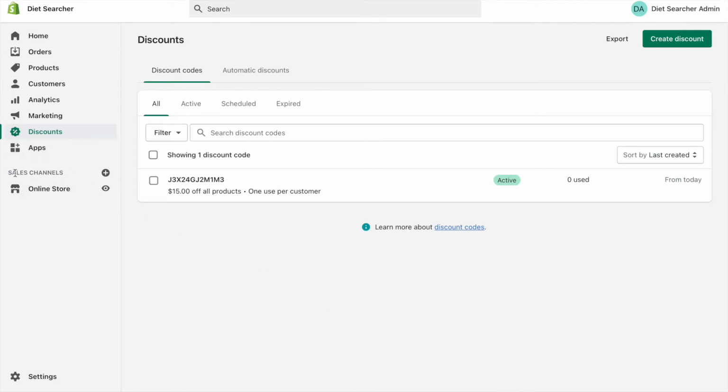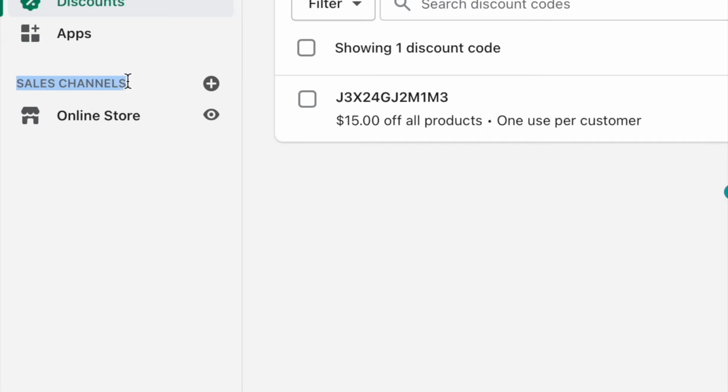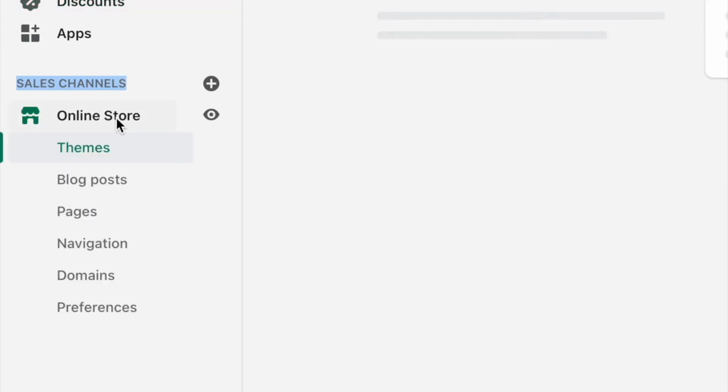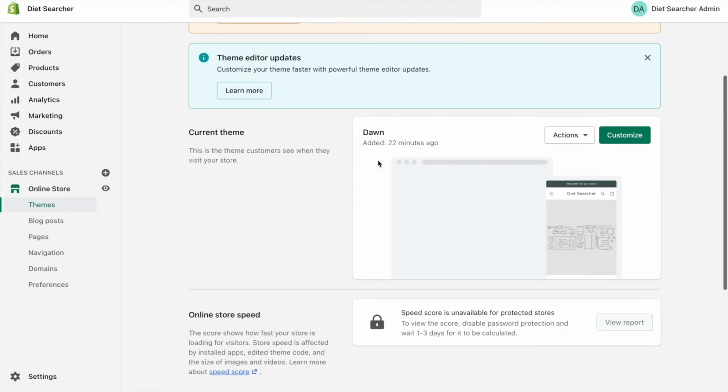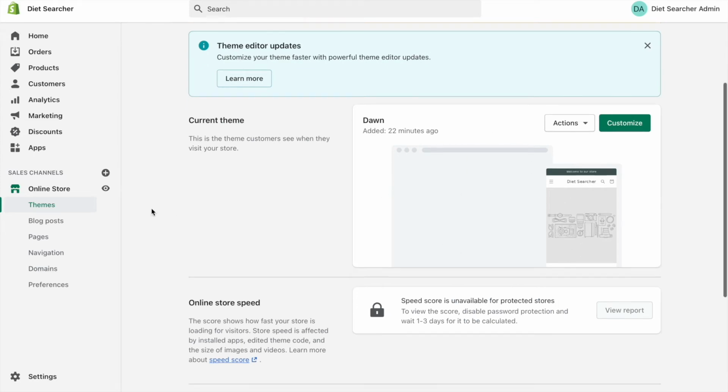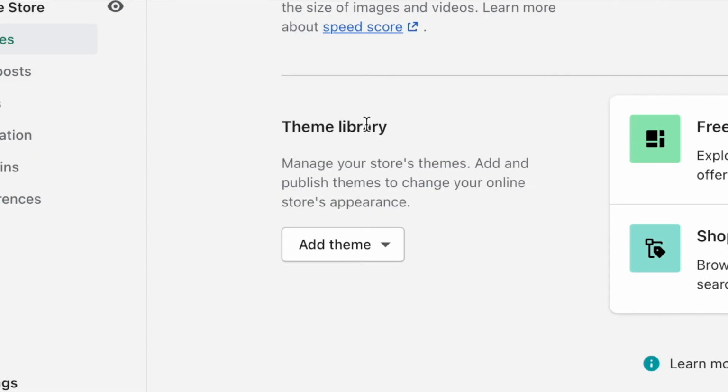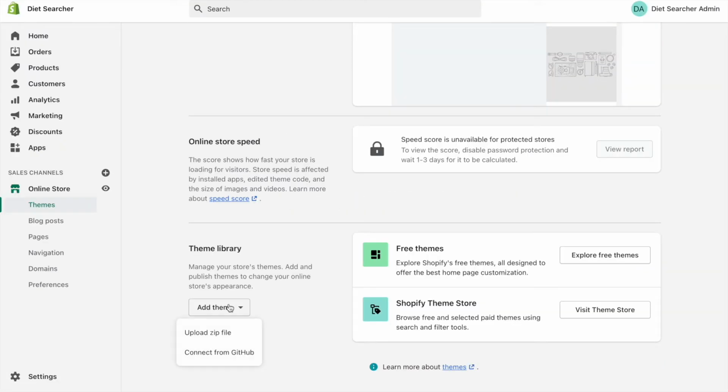So we're going to now concentrate on everything underneath sales channels. Obviously our main sales channel is the online store, which we're going to click, and then we've got a new drop-down menu. It's automatically going to open up the theme tab. This is the main theme tab. You can see that we've already got the Shopify generic theme added and published. So all we need to do is scroll down to the theme library section here, click on add theme, upload